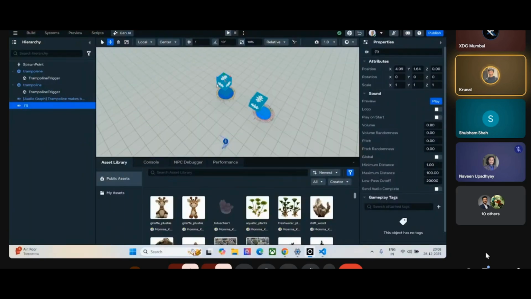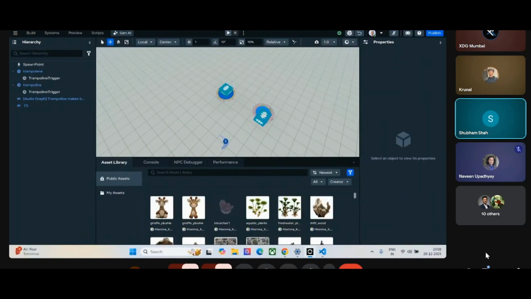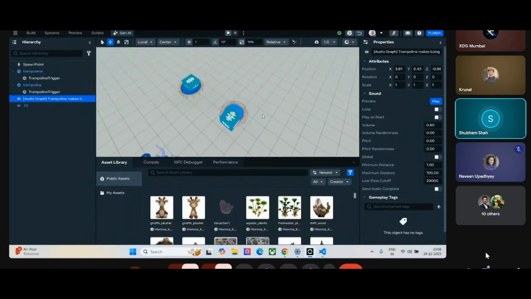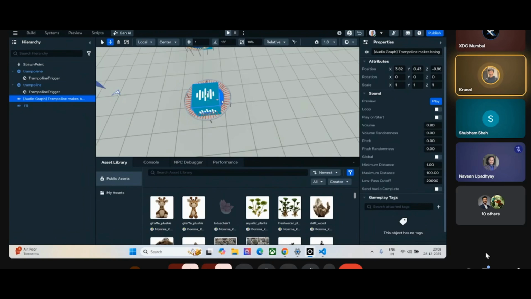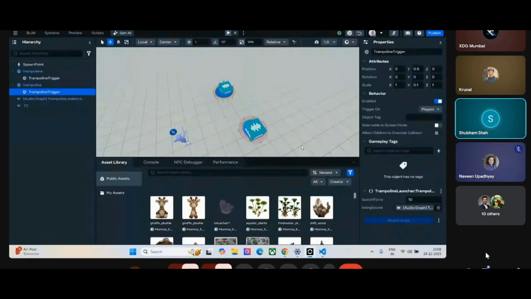Do it again. Yeah, play. One second. I'll now just make a duplicate. Right now the audio was coming from one single source, which kind of breaks the immersion. So I'll just place it roughly. This one will go into this trampoline streamer, which is already there. This one, this one. Okay, so this one will use the one